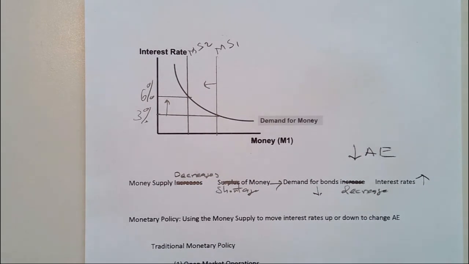I forgot to say on the previous lecture, when they want to increase aggregate expenditures, they're going to be fighting recession. And when they decrease the money supply, the reason why they're doing that is they're more concerned about inflation, and they want to slow down spending. So high rates of interest are making it more expensive for businesses to borrow money and for consumers to borrow money, and you should see less spending in the system, less aggregate expenditures, all things being equal.